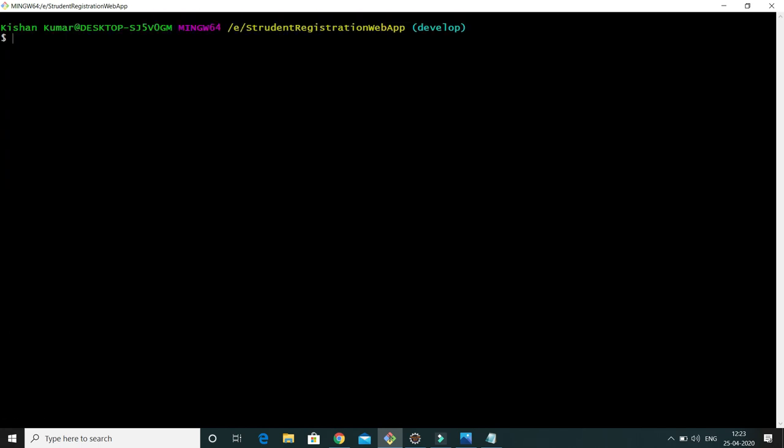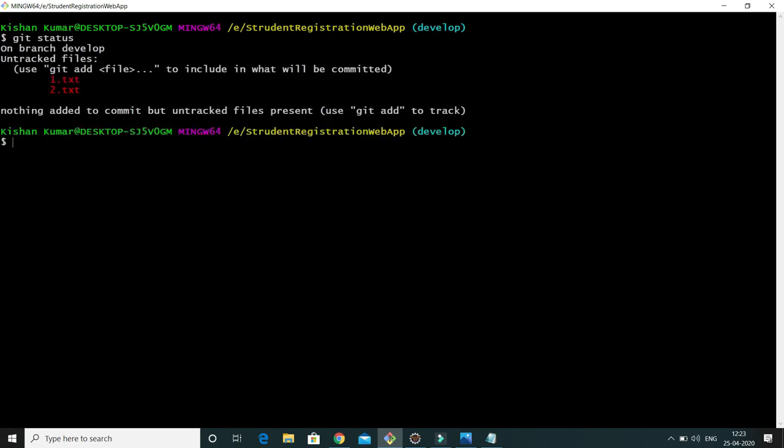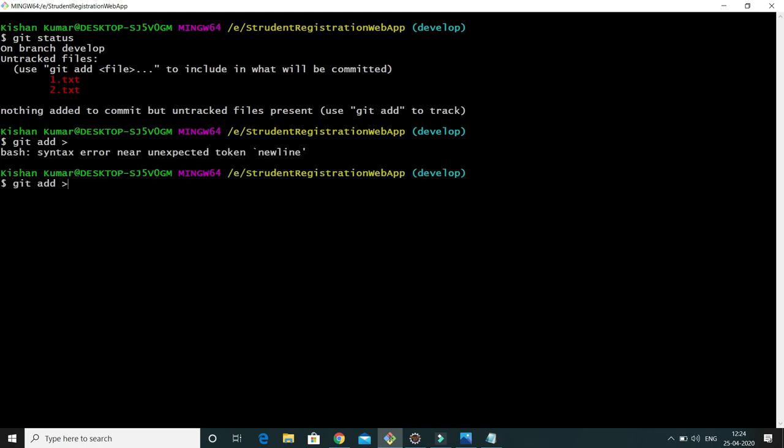Now last but not the least, we have git reset --hard. Before that let me commit these files again. But before committing we have to add these files. If you do git status, these files are showing as untracked files. So first of all we need to add them into our staging area. So I'd say git add period, so that all files will be added into the staging area.